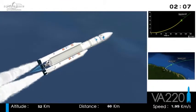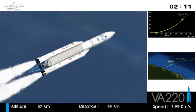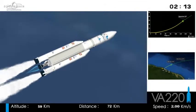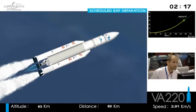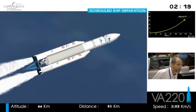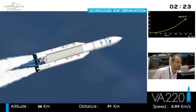We're heading east out over the Atlantic. The decision to build the site here in French Guiana made in the 1960s when France wanted a new base, in part the decision made for its opening on the water to allow for launches over uninhabited areas. On the bottom, our speed and altitude. Our speed on the right,